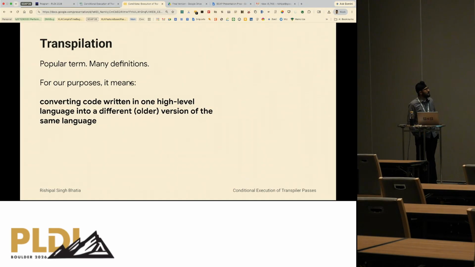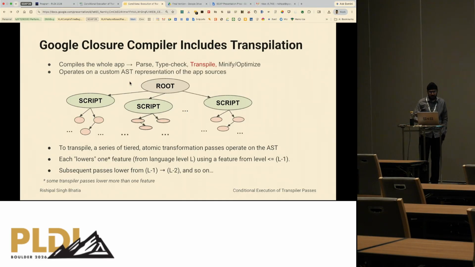Transpilation is a term that started getting popular in 2013 onwards, mostly, and has many definitions if you look up online. But for the purpose of our work, we mostly define it as converting source code that's written in one high-level language into an older, different version of the same language. And with that definition,